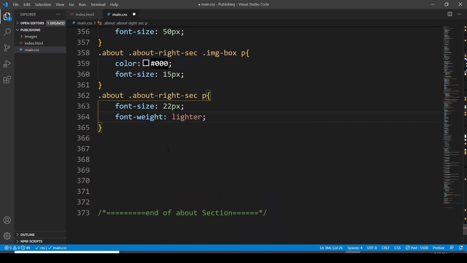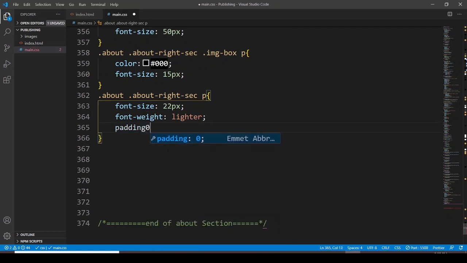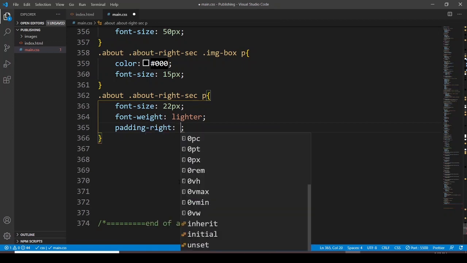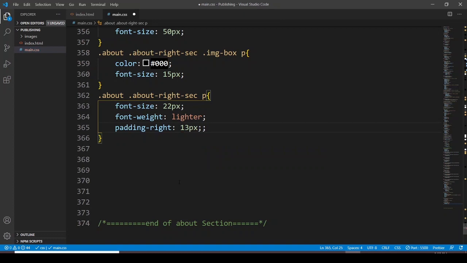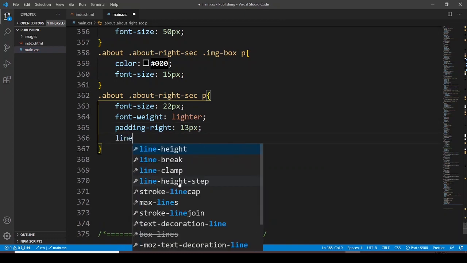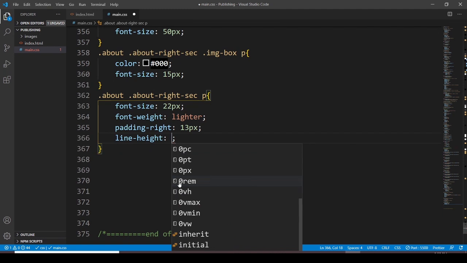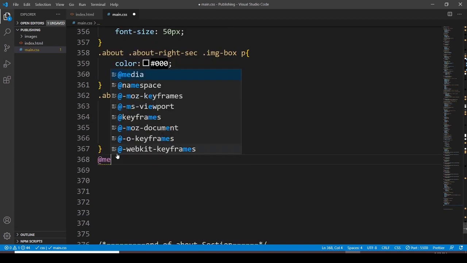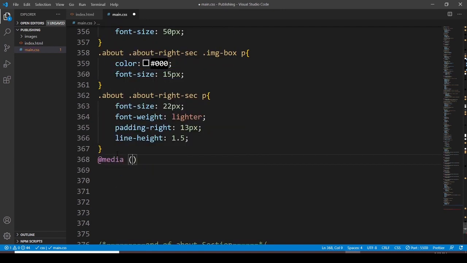And then I would like to go with the padding right. The padding right is going to be 13 pixels, and then I would like to go with the line height. The line height is going to be 1.5, and then again we have to go with the media, and this media is going to have a maximum width of 575 pixels,